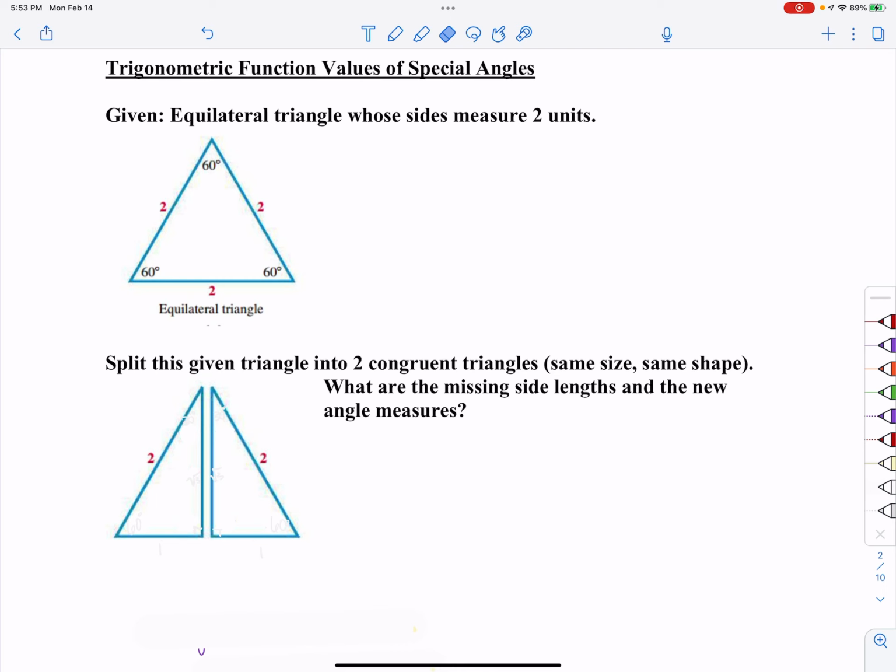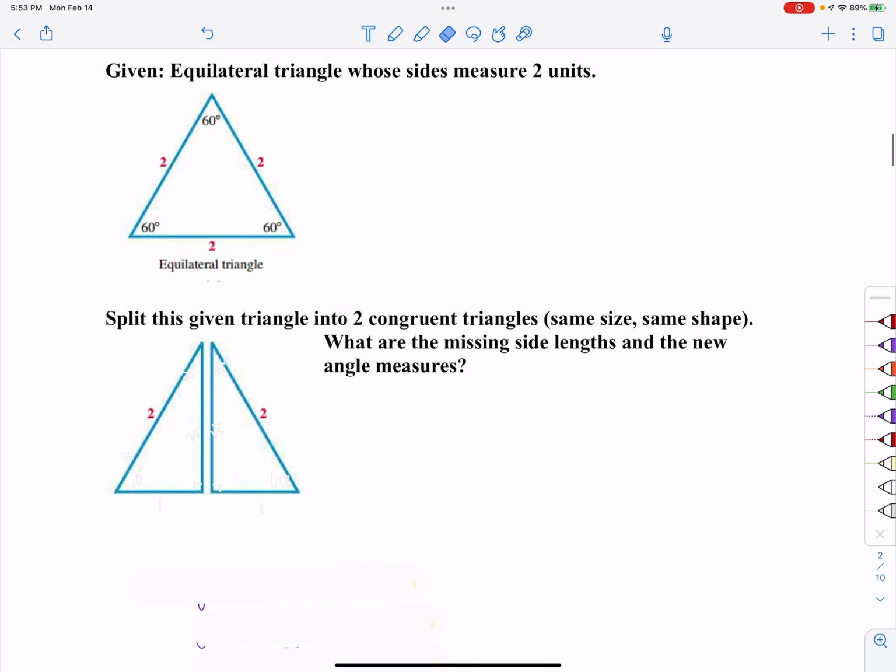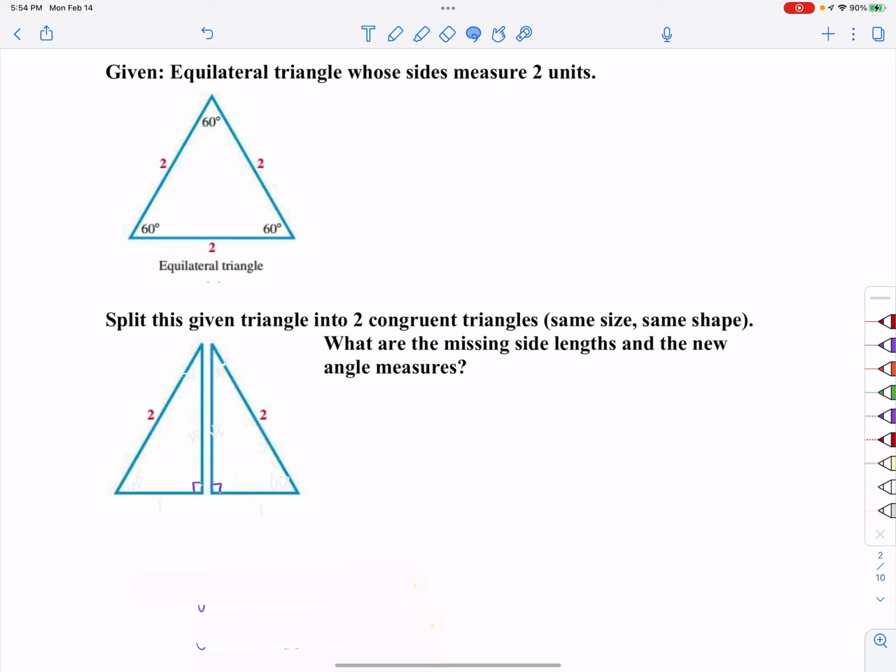So then if I take this triangle and I split it into 2 equal, or congruent, triangles, where they're the same size, the same shape, there are a couple of things that I notice. One thing is that my 2 little triangles are both going to be right triangles. Notice that the hypotenuse on both of those right triangles is still 2 because that side was not messed with at all. Since we split it in half, each of the short legs is going to